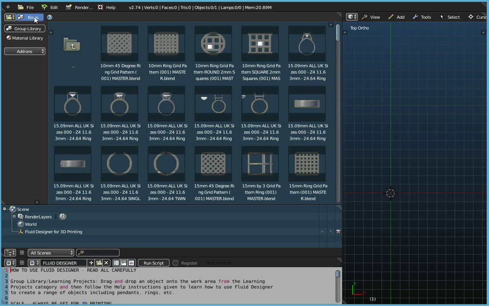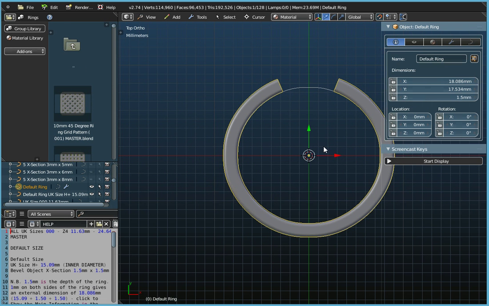Well, we're already there at the moment. And we're looking for this object. It's all UK ring sizes with a single loop around it, and if we just drag and drop that onto the workspace,